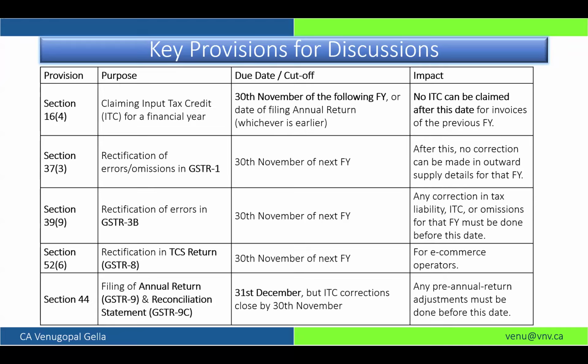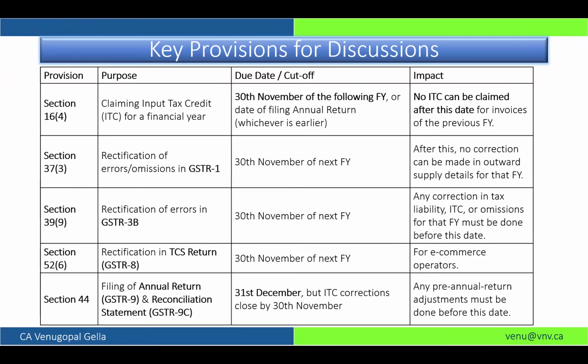Everyone, be clear: when the law uses the words 30th November, it is an action to be done by 31st October. Whether claiming of credit, reporting of a credit note, reporting of an invoice, making payment of taxes, anything you will be doing by October, and the October return is filed by 30th November.